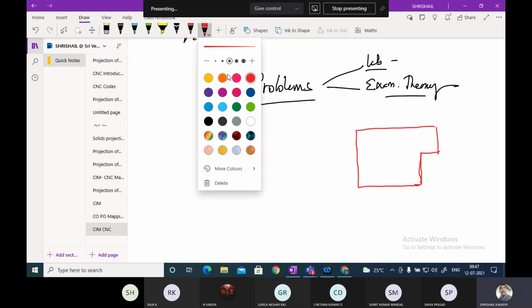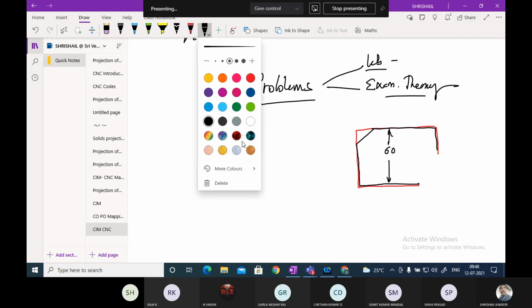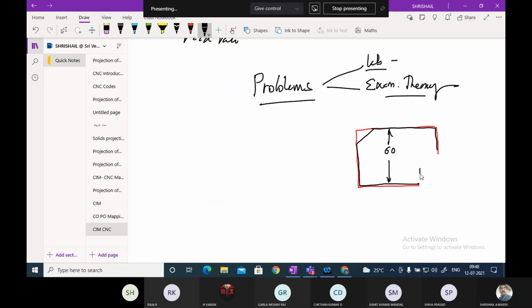Now, look into this. This is what I need to do the program. This is the shape of the workpiece I need to get, and this is 60 mm, and this is 45 mm.